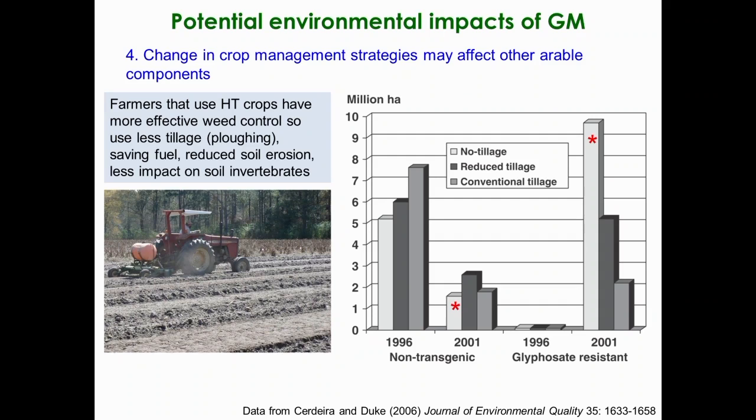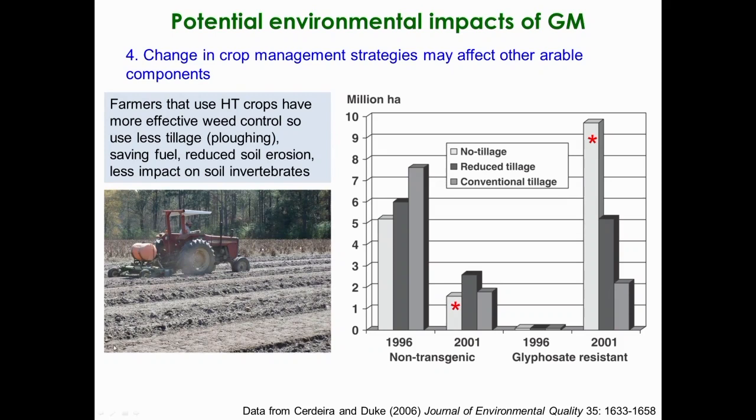I just want to make one highlight with regard to this fourth point, with regard to potential changes in crop management strategy, with regard to the herbicide-tolerant, glyphosate-resistant plants. As these types of plants began to be introduced, such was their success in controlling weed species, farmers no longer had to rely on the more traditional methods to control weeds, such as tilling or ploughing. So they no longer had to